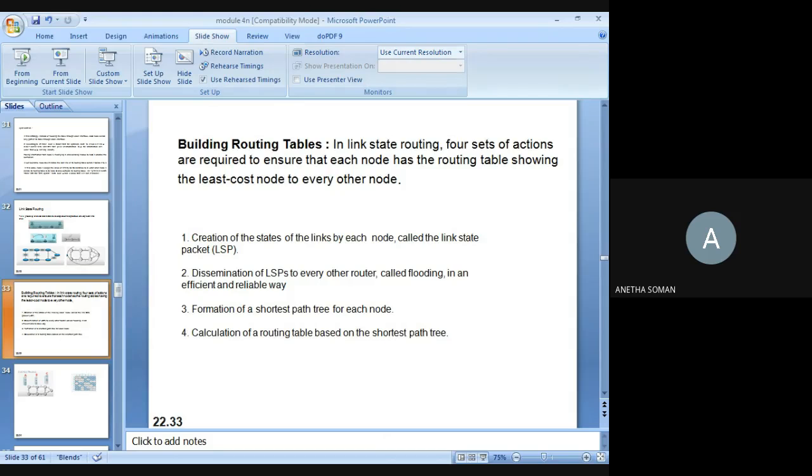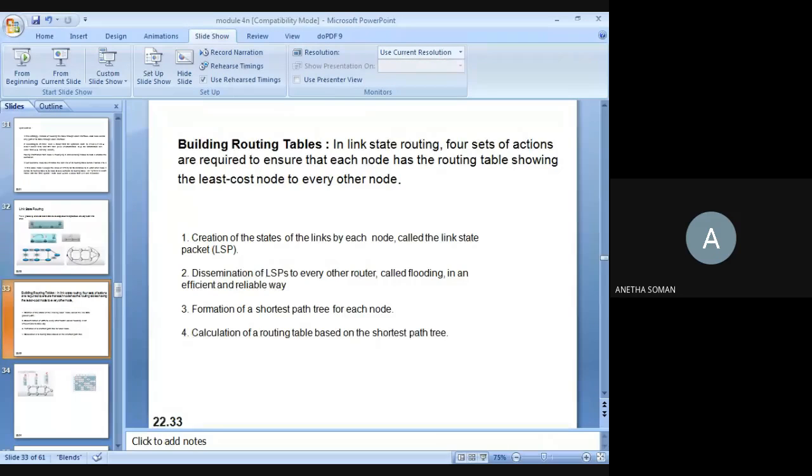Now, the second phase is the route calculation. As I have told, you have to find the shortest path tree for each node, and that is based on an algorithm called Dijkstra's algorithm. Very, very important.